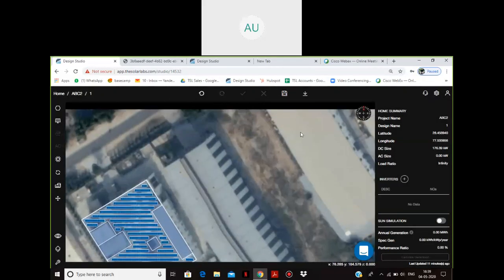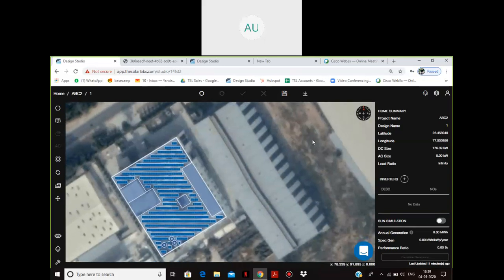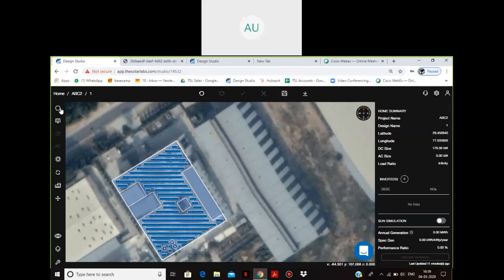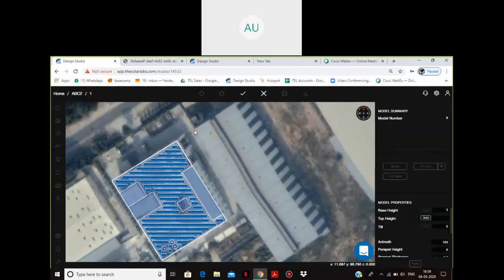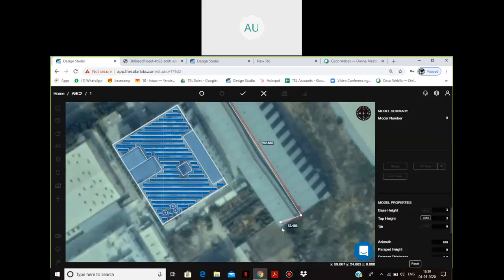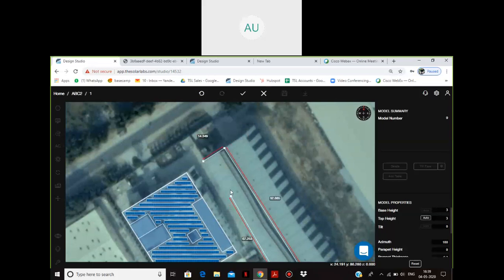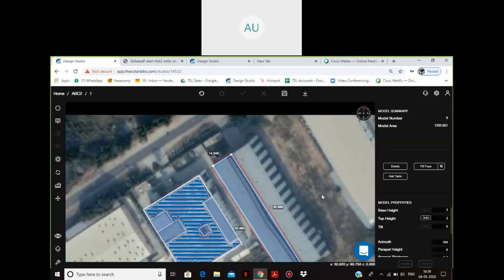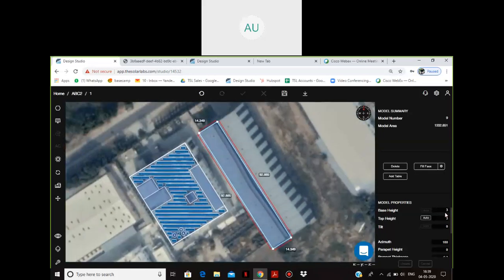Now to show you how we can construct a shed. Here on my right of this particular site, I can visualize a shed. What I'll do is start by making a half shed. I'll just trace this particular half of the shed. On the properties here on the right, I'll put in the base height say as 10 meters, and I'll put in the tilt as say 8.